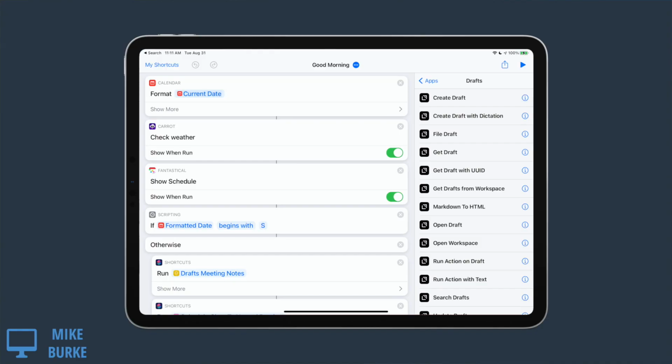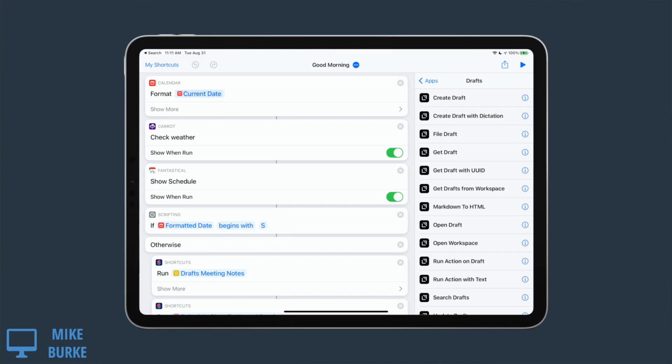I can of course run this shortcut by itself, but I've actually included it in my morning routine shortcut. As you can see here, if the day of the week does not start with the letter S, so a weekday, my Drafts meeting notes shortcut will run as part of my larger morning routine shortcut. Running shortcuts inside of shortcuts is truly peak automation, but it really helps tie things together. And because of that, I always have meeting notes ready for everything that comes up throughout the day without having to stress or worry about making sure that I write this down, because I already have a lot of that taken care of, and I can really focus on the essential things that happen during the meeting.